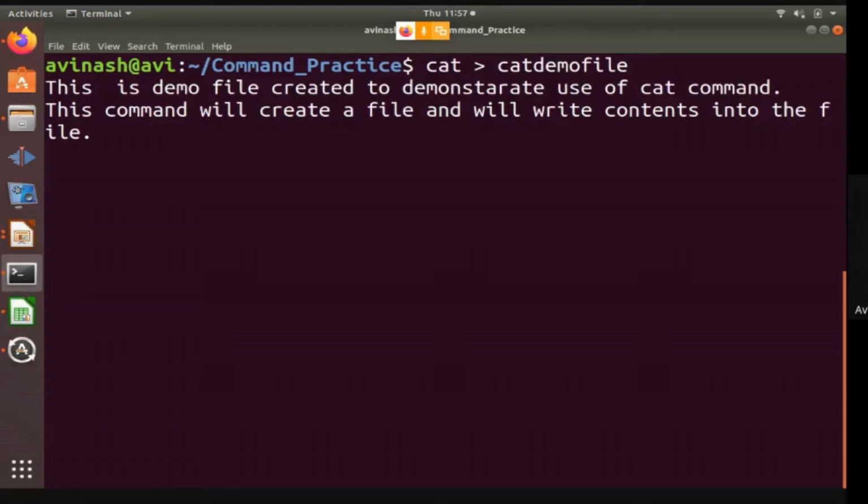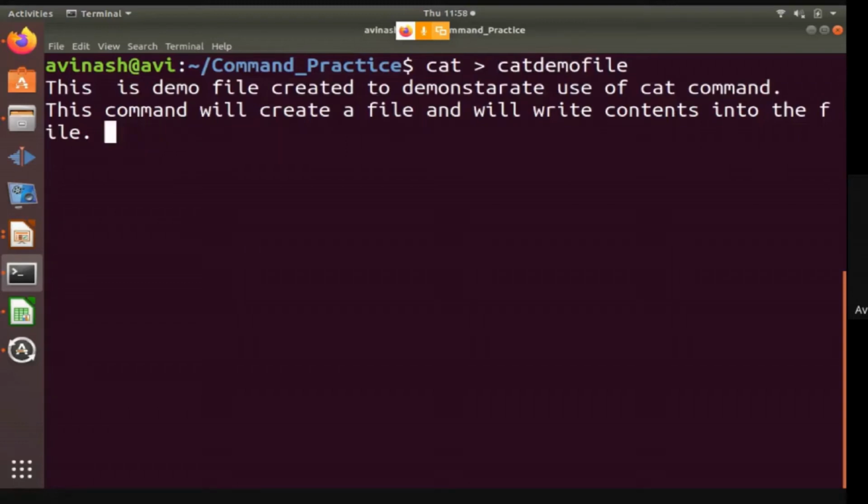Now how to exit from this? For exiting, you have to type Control plus D. You don't have to write this Control plus D here; I have just shown which keys you have to press for escaping from here.